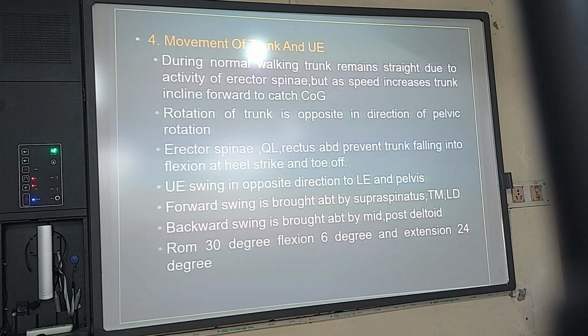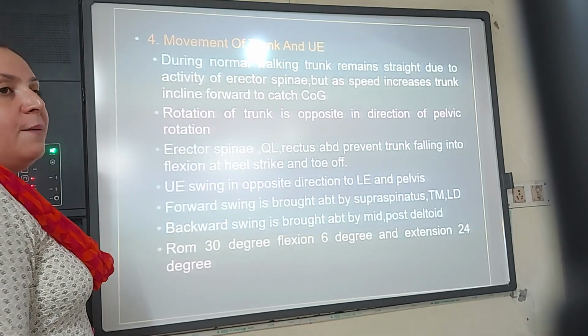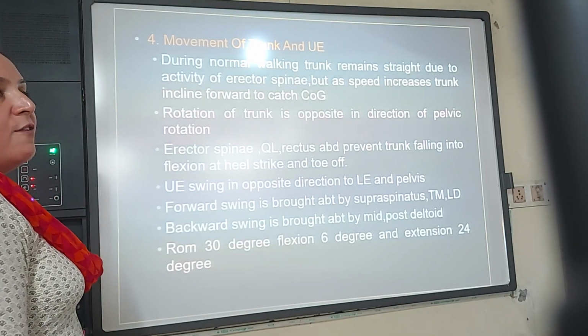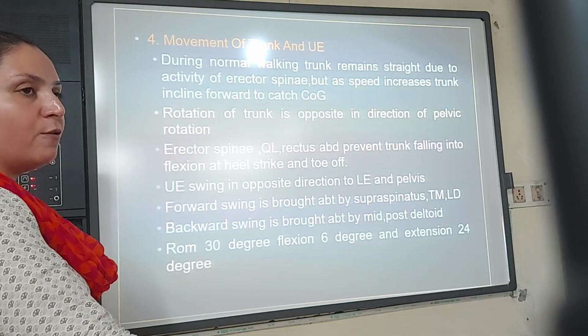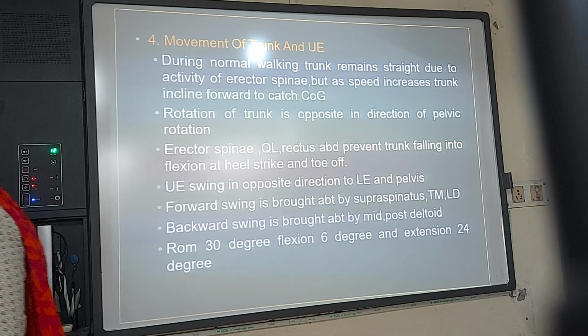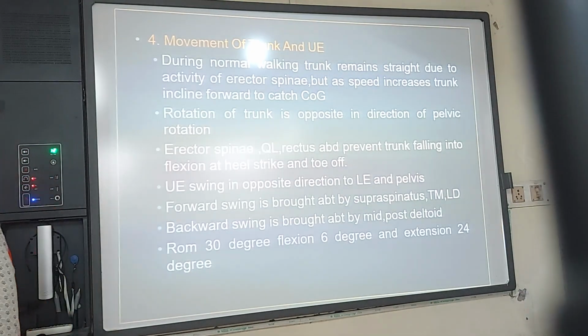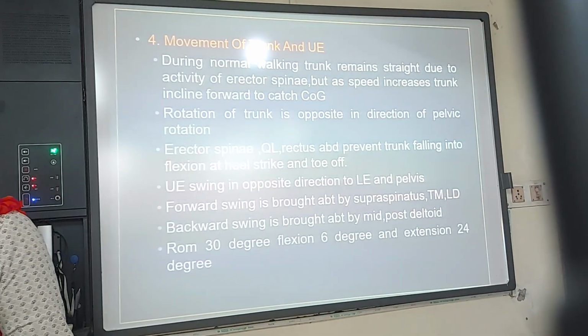So the rotation of the trunk is opposite to that of the pelvic rotation. If the swing leg is moving forward, the trunk is moving backward. Can you see? My opposite side limb is also moving backward. There is a lateral move, and my limb is moving. This is moving in front, but my opposite side is moving back. If I show you like this, this is the movement. Can you see this? There is a deviation here. In order to maintain myself, the trunk has moved towards one side, then the limb is also moving backwards.